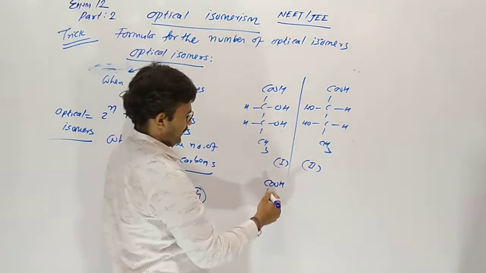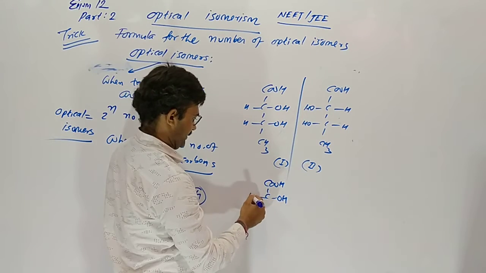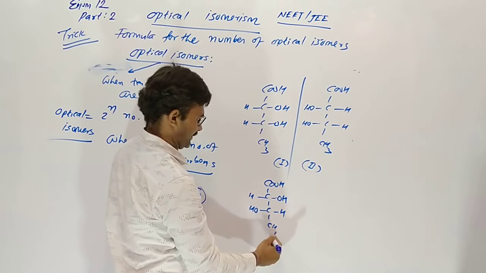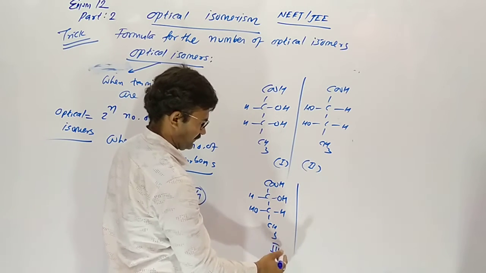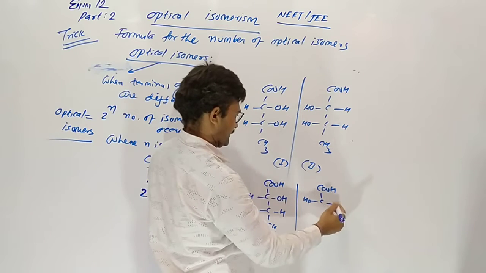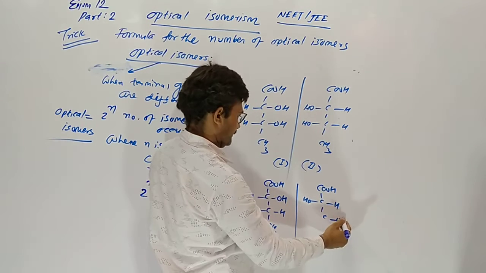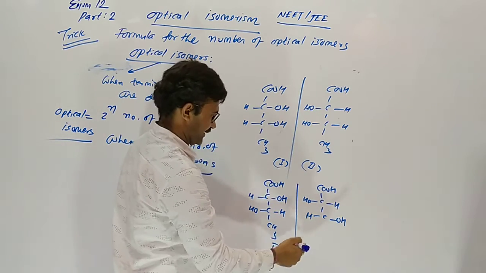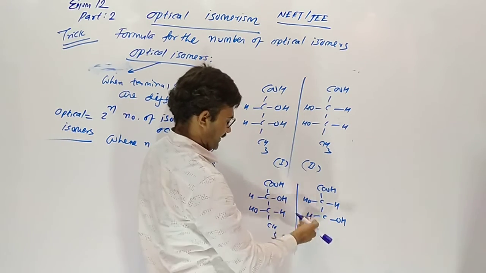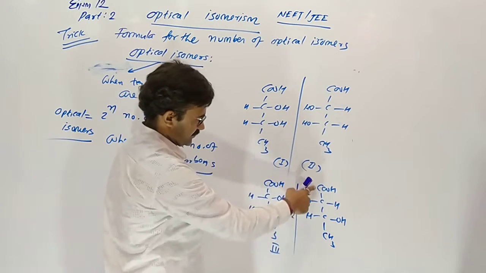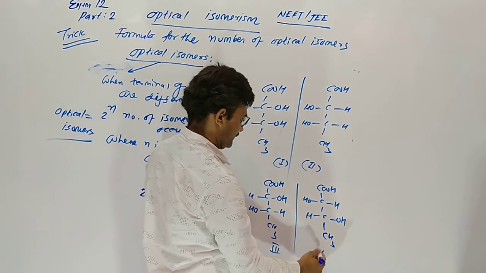Now, if we take it like this, CHOH, here is H and OH and CH3, the third one. And its mirror image, with OH and H on the right-hand side, and H and OH on the left-hand side. These two terminals are different. You can see